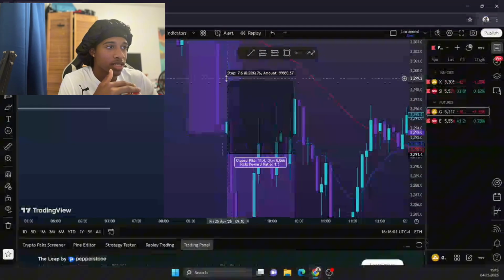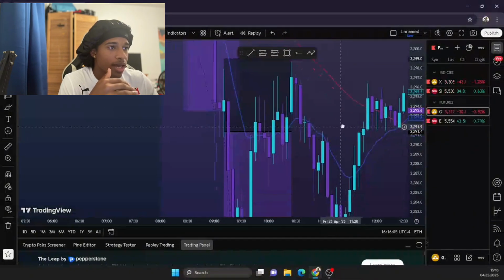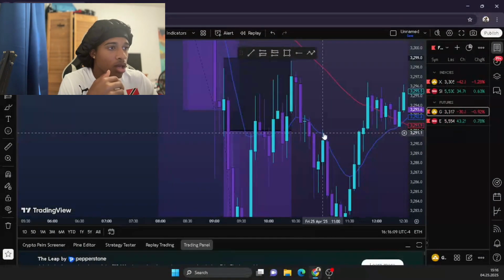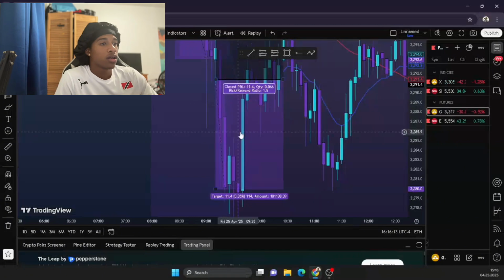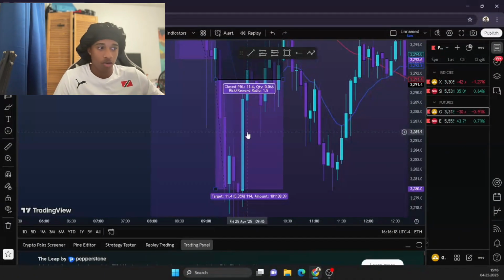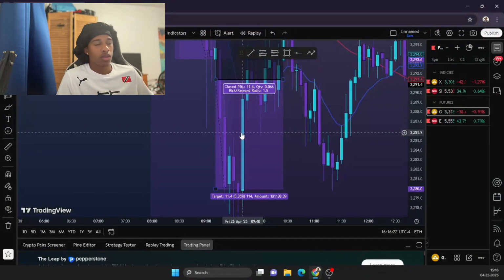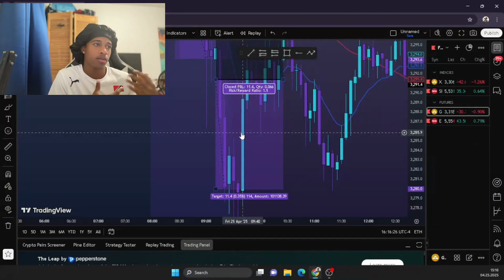You guys can see where the stop loss was. Stop loss was above this wick right here, and I got in at the break of this candle right here, a little bit before the break of the candle, and then I was just trying to hold and see what was happening, right? And we ended up taking out a 1.5 risk to reward, and that caused us to pass the challenge, right? So obviously if we pass the challenge in one day, that's 3k profit, right?